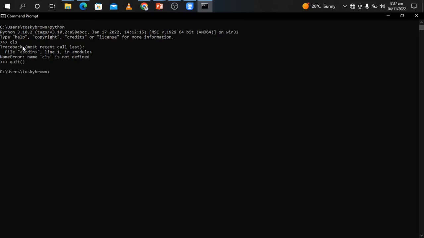So by typing quit, it will take us to the users Tosky Brown, and then here if we say clear, it will clear off the screen for us. As simple as that. Okay, so the next thing we have to do